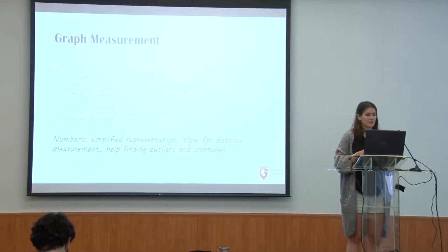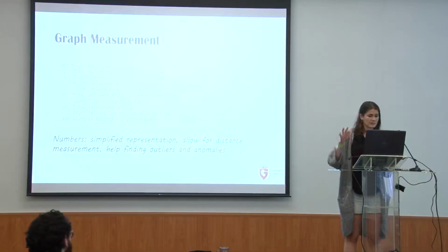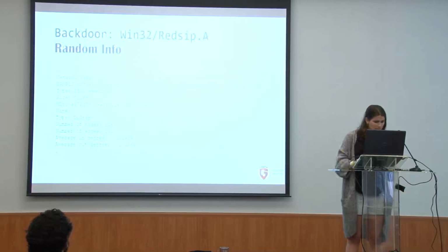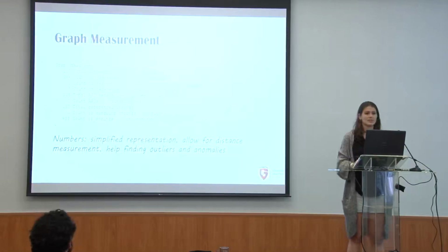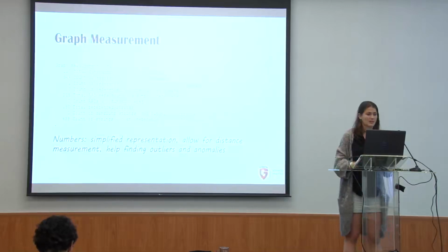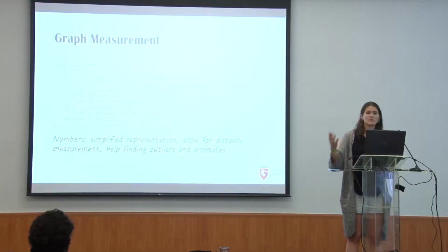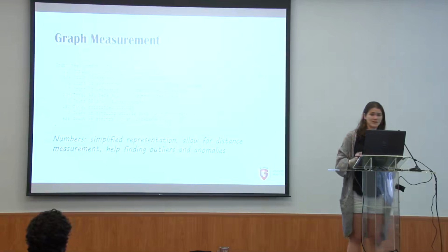It would, for example, be weird if this big binary, which is 70 kilobytes, only has a very small set of APIs being referenced within functions. So these numbers help evaluate how much information is contained within the nodes of the actual functions, and whether the binary might try to hide, for example, APIs or strings. Also, the numbers help with comparing. I did not